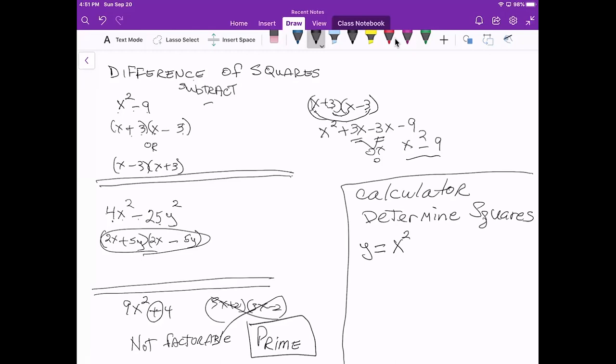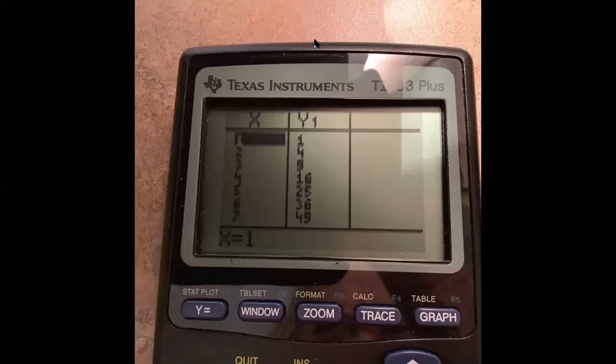Now, we're not going to graph it. We don't want to graph it. So what we want to do is get a table of all the squares. So therefore, we're going to look for the word table. You're going to depress second and graph, and that is table. And once you hit the second and the graph, which is the table, this is what it's going to look